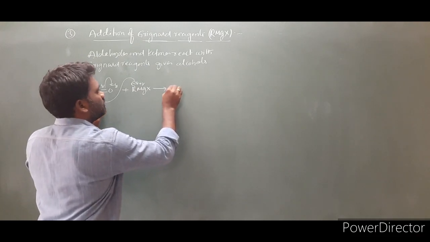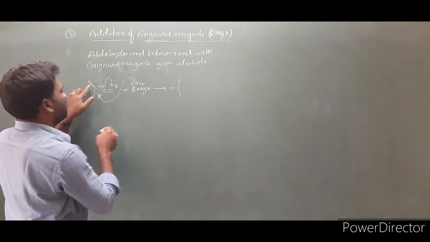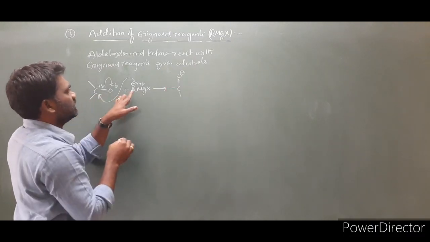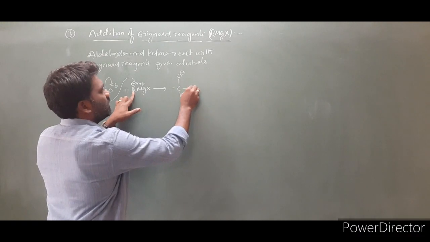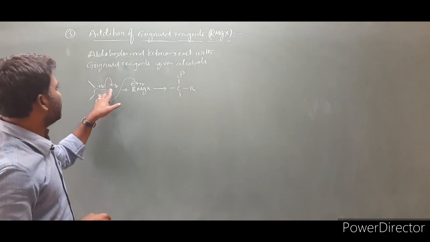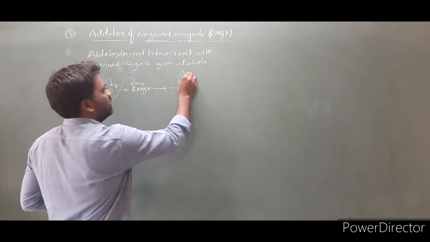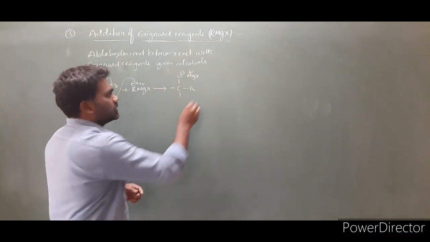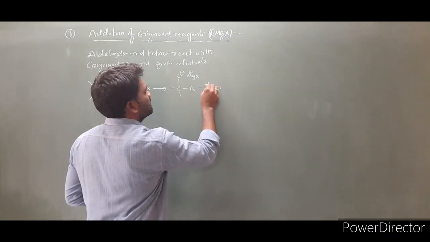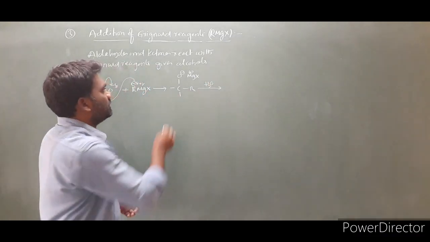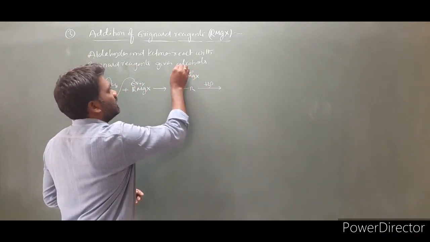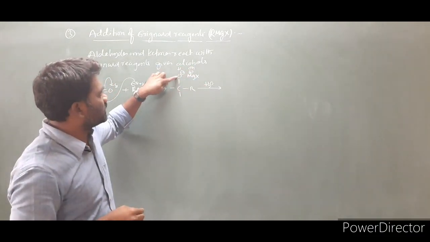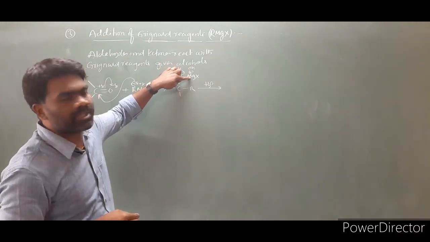C. Then these two bonds I wrote like this. This O will be in the form of a negative charge, and the alkyl group R is attached to the carbon. So O minus has MgX attached to it, and MgX will be positive. Whenever we supply water, upon hydrolysis, this water has to attach here. HOH splits into H and OH. H is attached to the O minus, and OH is attached to MgX.